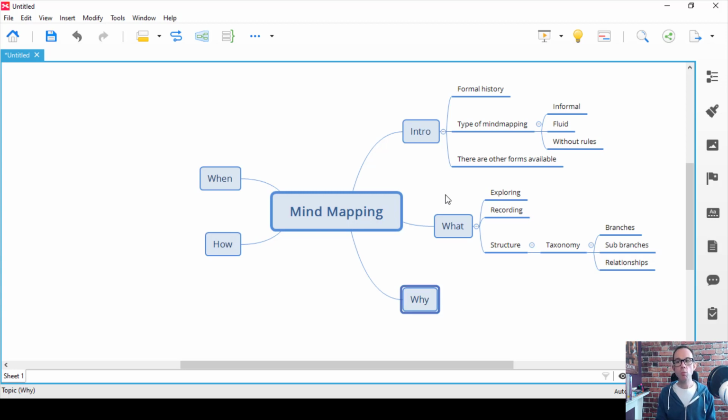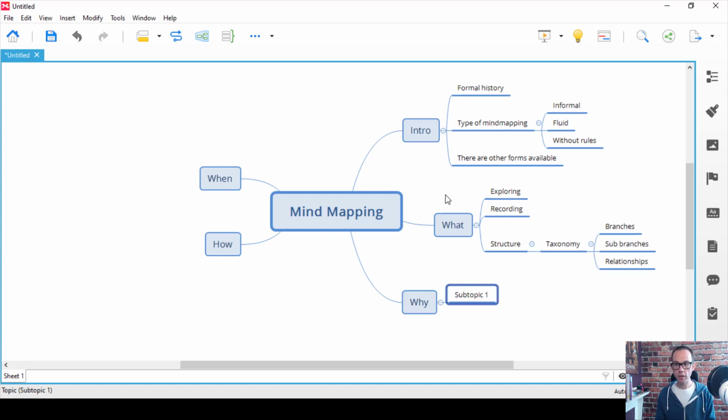So why might you want to create a mind map? Well, one of the key things I find is it's quite a shorthand way of remembering things. So I find if I create a mind map, I can write very few words, but I can access the topic or the idea that I was thinking about when I created that. Now, not everyone finds that, but for me, I find remembering things really quite useful.